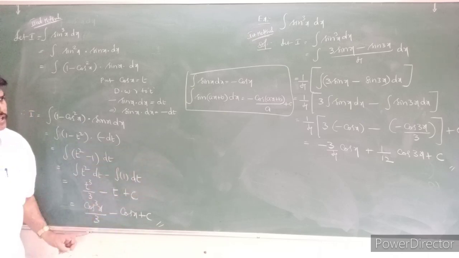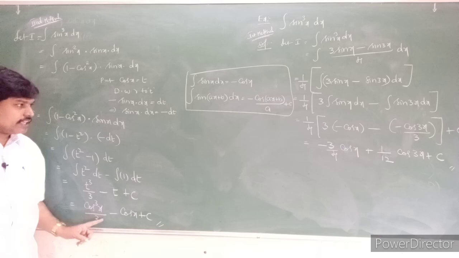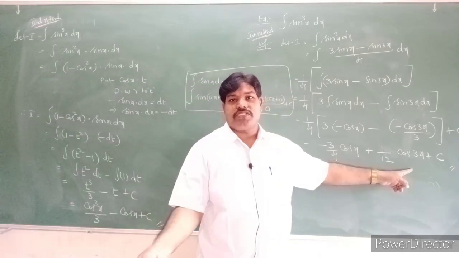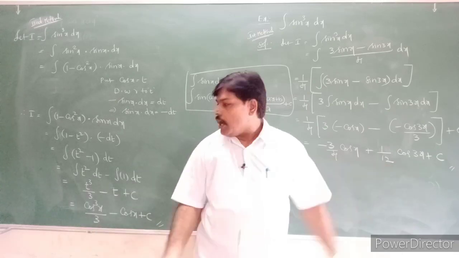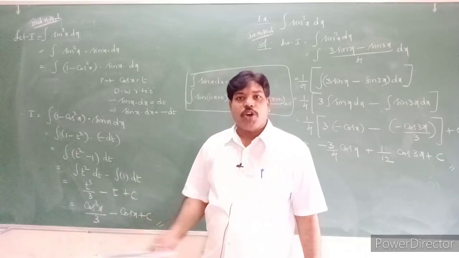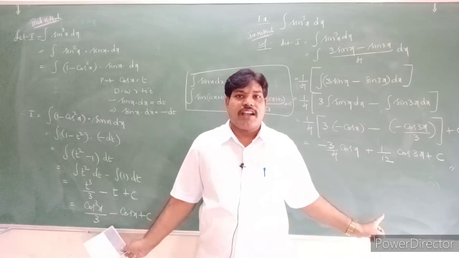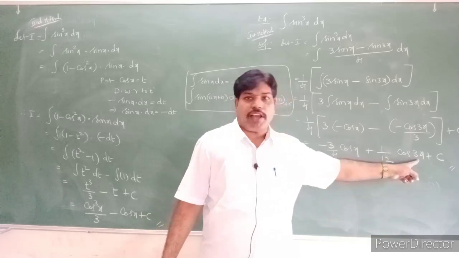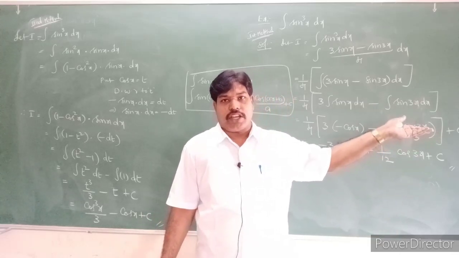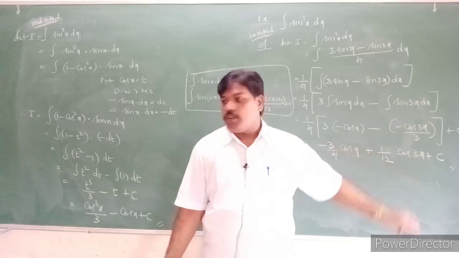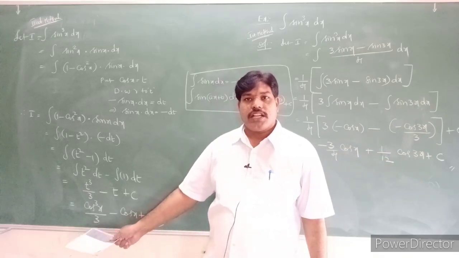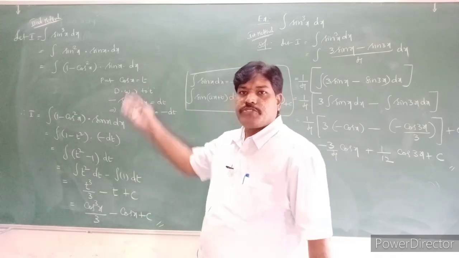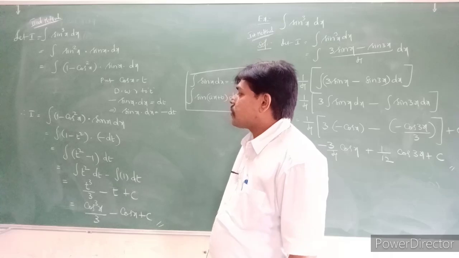Sir, these two answers are different, sir. In the place of cos 3x, the cos 3x formula is there. If you replace that cos 3x value, automatically you will get this answer. Both the answers are the same. Understand that? So two methods are here. If you substitute the cos 3x formula, you will get this answer. Two methods, so you can use any one. See this condition. So we will use this method. It is easy to understand. So see that question.